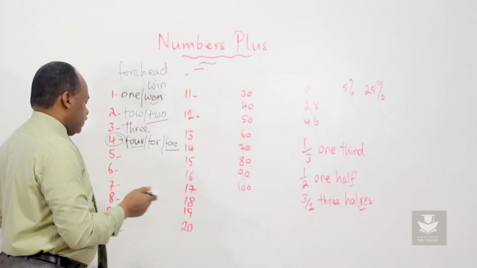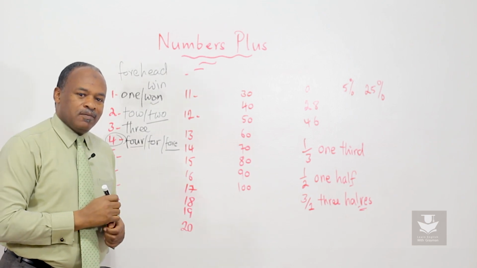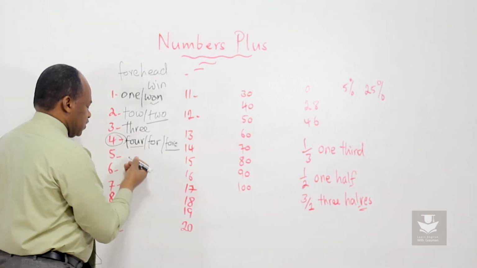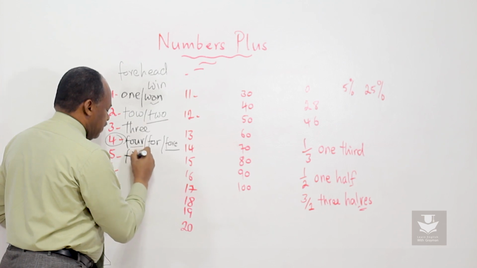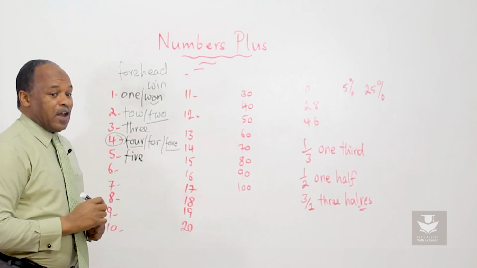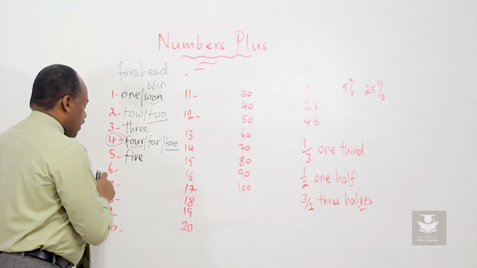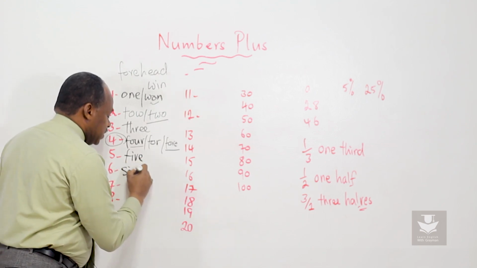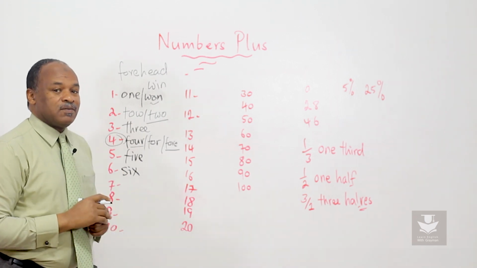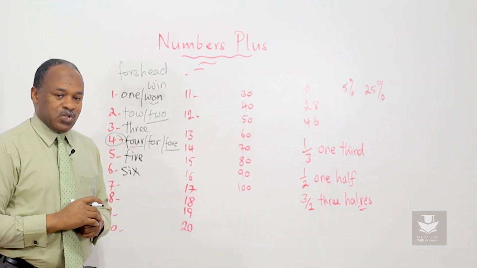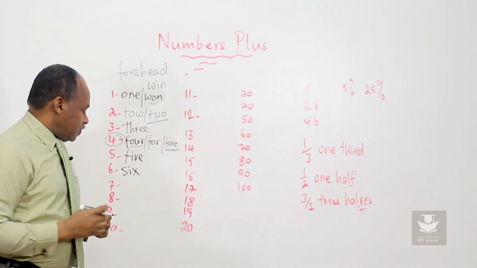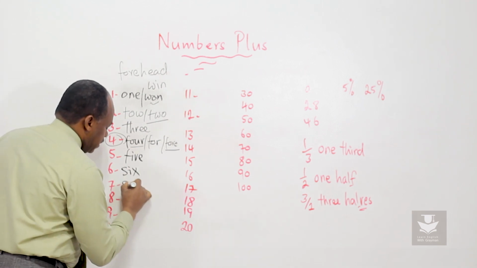Let's look at 5. How do you spell 5? Okay, let's spell it together. F-I-V-E. I think you got it. It's not that hard. Then 6. It is this one. S-I-X. Make sure it is six. And 7,